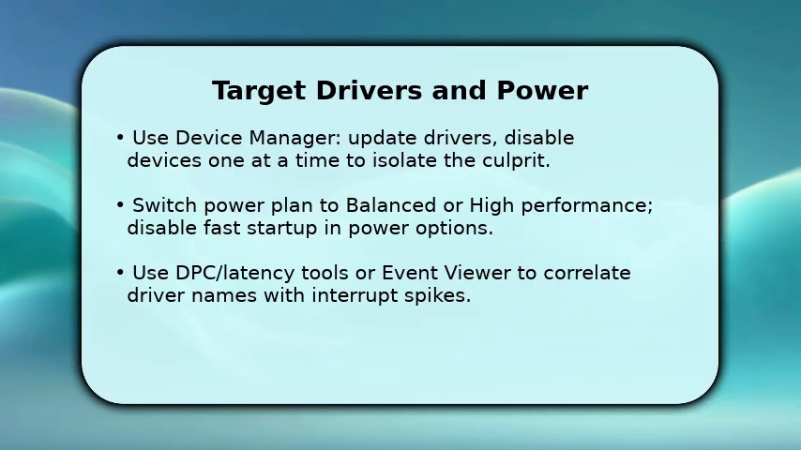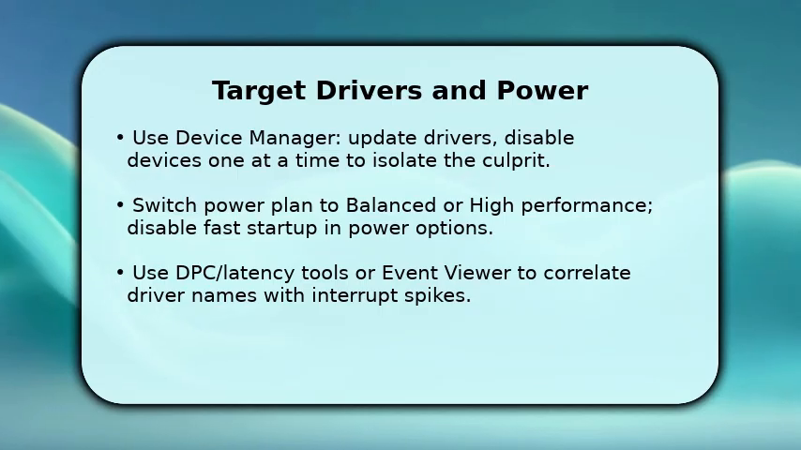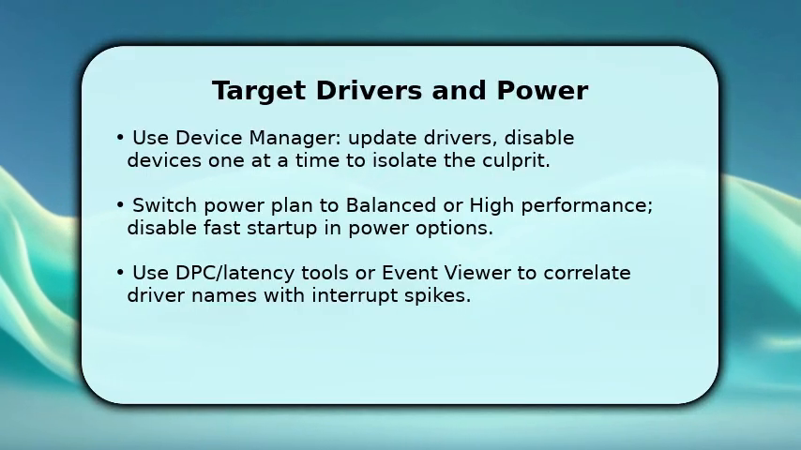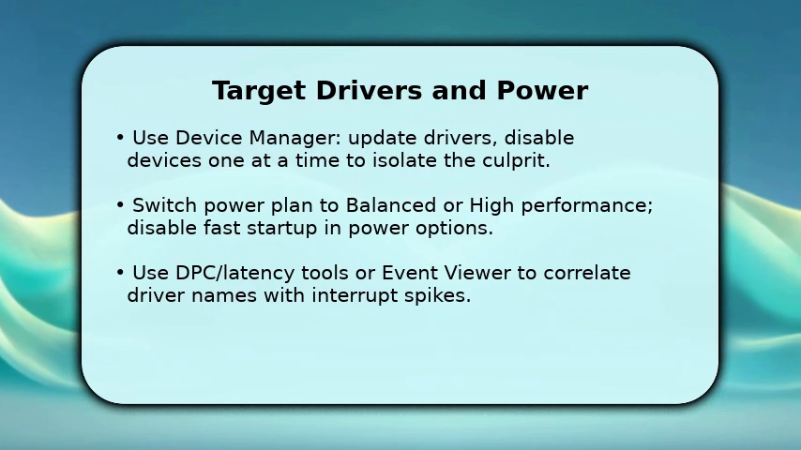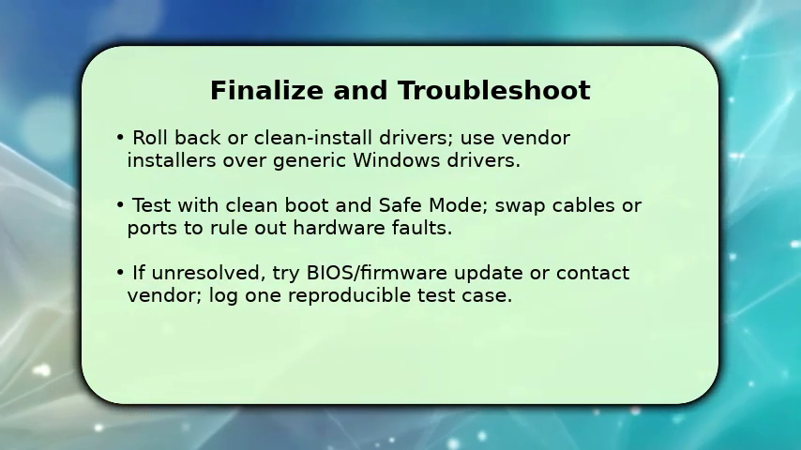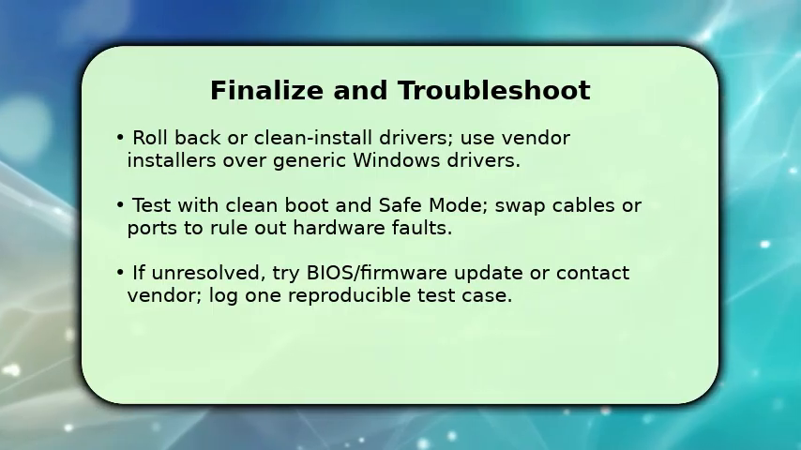Next, adjust power settings to balanced or high performance and turn off fast startup because power state transitions can cause interrupts. Make sure to check Event Viewer and a DPC/latency tool to map spikes to specific drivers. Finish by rolling back or performing a clean driver install for the device you identified, using the hardware vendor's installer